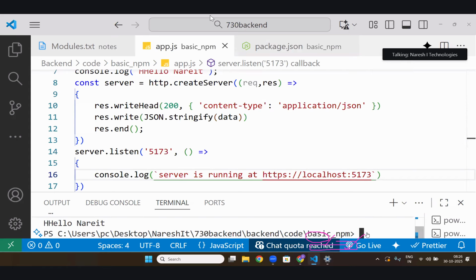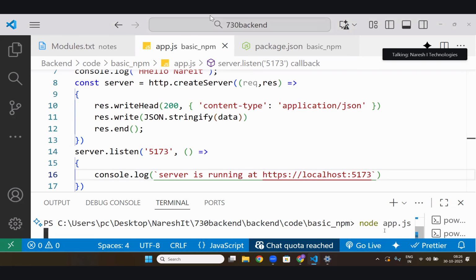Now I will run this application. I think you all remember we started discussing Nodemon, and then I came here. How to create this server, I taught you only two days before. Now if I run this application, sir,